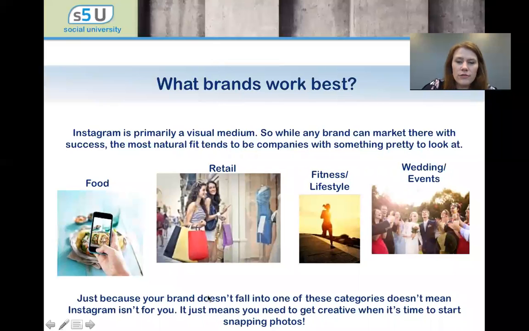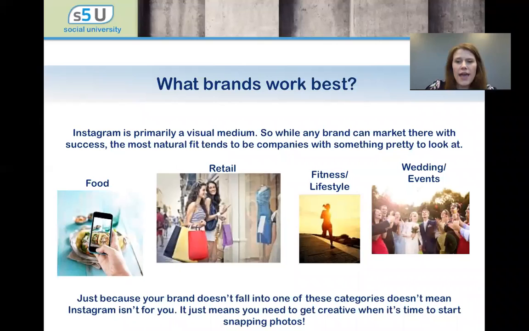And you're kind of getting the picture here that this is sort of the same audience for Pinterest. It does skew very heavily female, about 75% female on Instagram, though there are men out there too. But it does tend to be more consumer-based and go for that female demographic that tends to be a little more well-off, have money to spend. So it's a great demographic to market to. Now, just because your business doesn't fall into one of these things doesn't mean you can't market on Instagram.